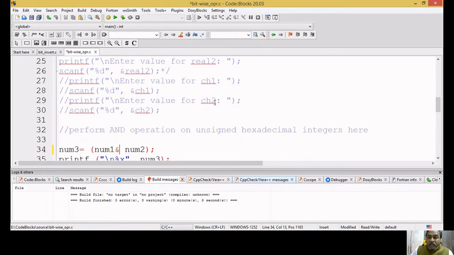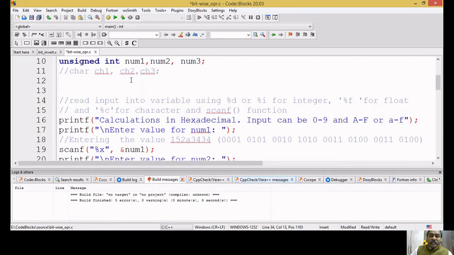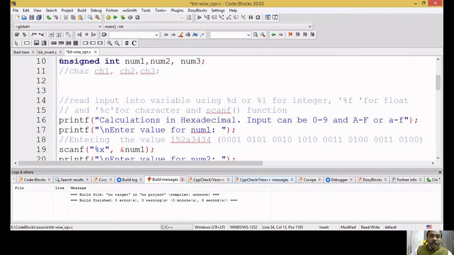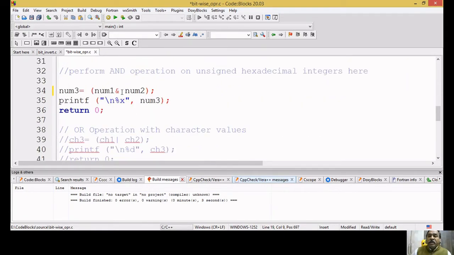In the program I have given some values that can be given, but we'll not do that. We'll go with 25 and 36 only. First with hexadecimal. We are taking hexadecimal here. The variables we have declared as unsigned int only, and whether it is hexadecimal, decimal or octal is decided by the control string we use. Now it is hexadecimal. What I am doing is performing the logical AND operation. We remember what answer we should get when 25 and 36 are given. Let me run this program now.